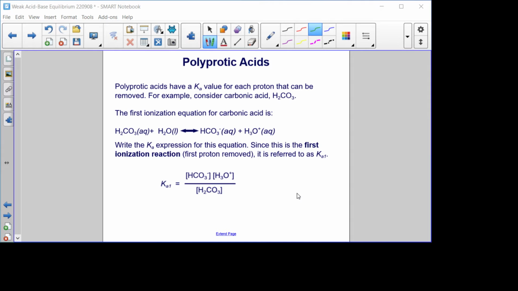Since this is the first ionization reaction, the first proton removed, it is referred to as Ka1. And it's the same as any other equilibrium expression. The ratio of the concentration of the products, HCO3- times H3O+ concentrations, divided by the reactant or the acid